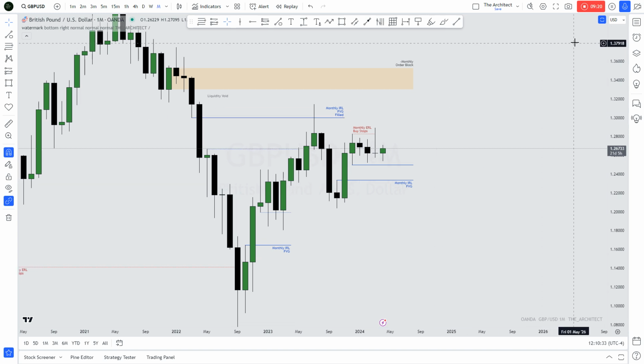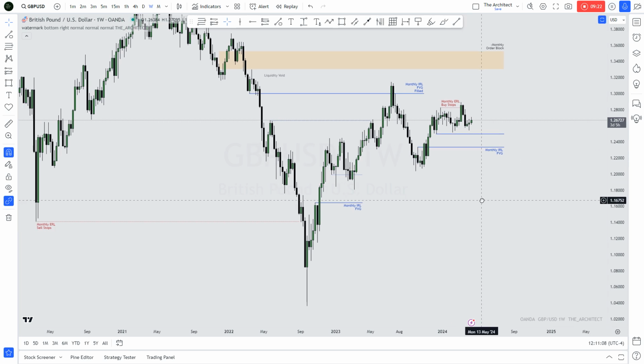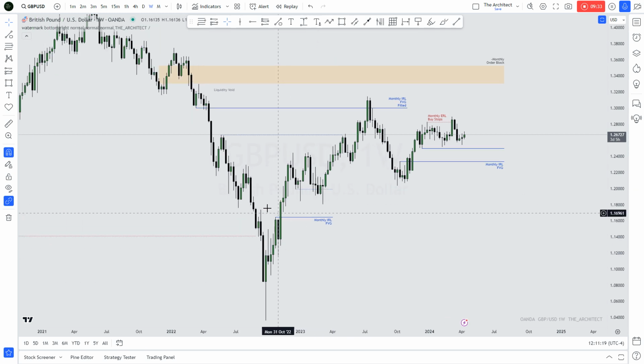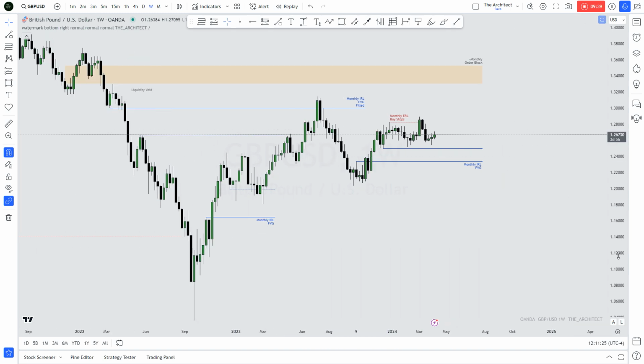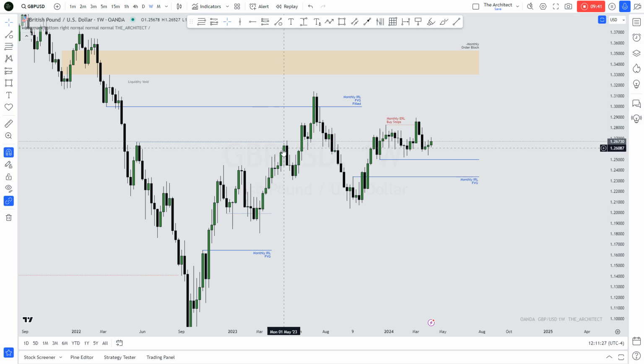Let's go down into our weekly time frame. Okay, cool. So this is our weekly time frame, and already we're starting to see that things are a lot clearer, right? We can see that these sell stops are where smart money actively bought against, they order paired, delivered price higher, and we accumulated here in a monthly fair value gap where they were actively buying, right? And we can see that they were actively buying due to the fact that we see this inefficiency, right? But we continue higher and price reaches into the monthly fair value gap.